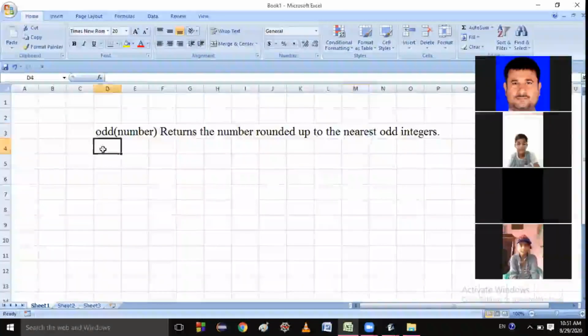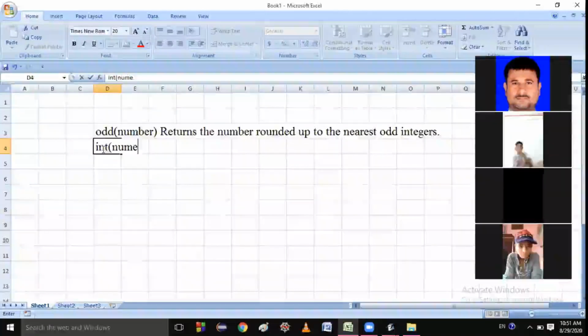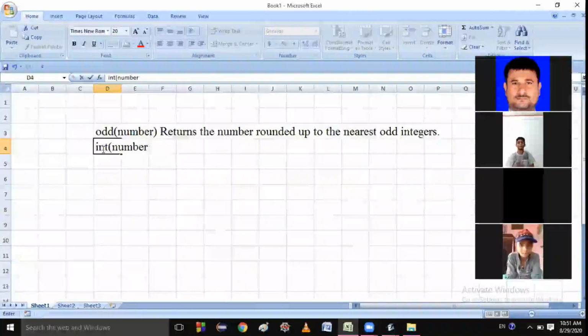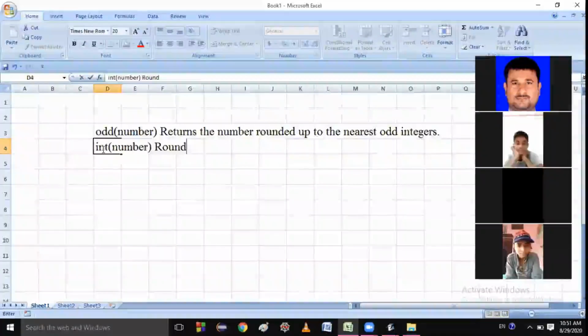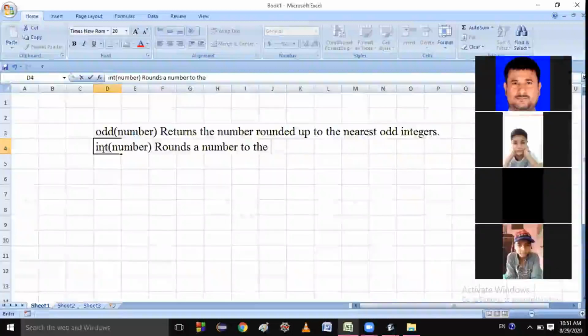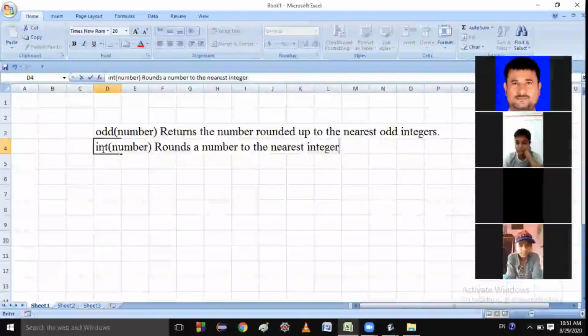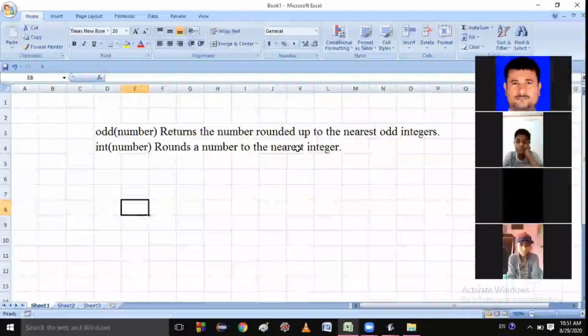Okay, so the next function is INT, which takes a number. What will it do? It rounds a number to the nearest integer.